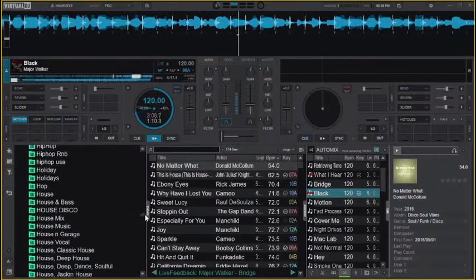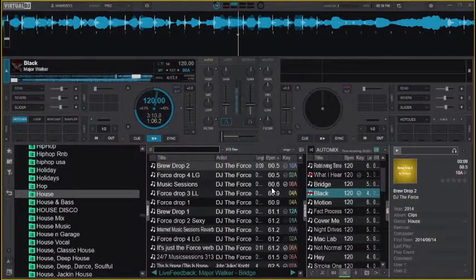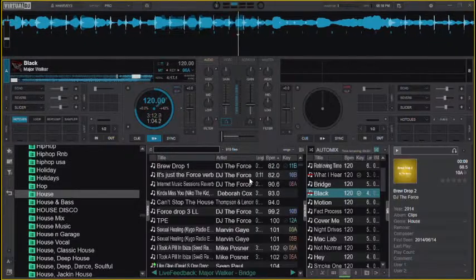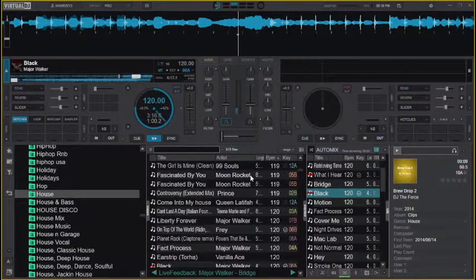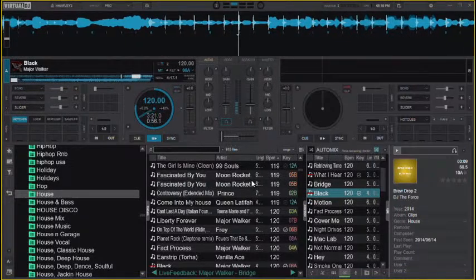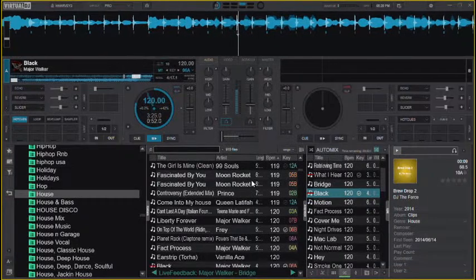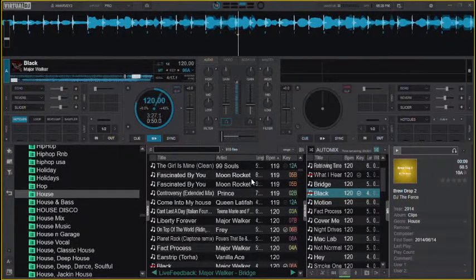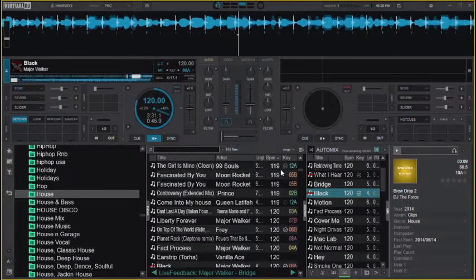I'm playing house. I'm just giving you scenarios here. I want to play house music. So here's my house folder. And this is specifically the genre of general house. This is not the subgenres, for example, soulful house, Afro beats, Afro house, tech house. None of that. It's just basic house. So in here,